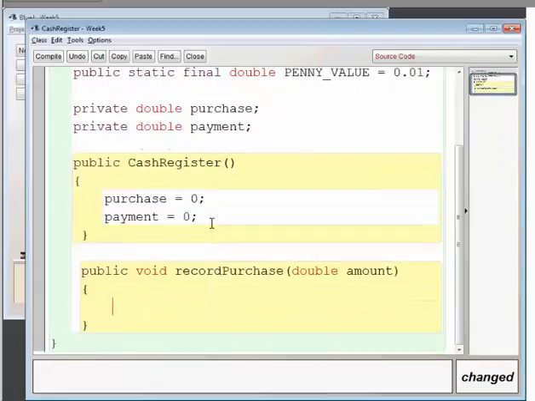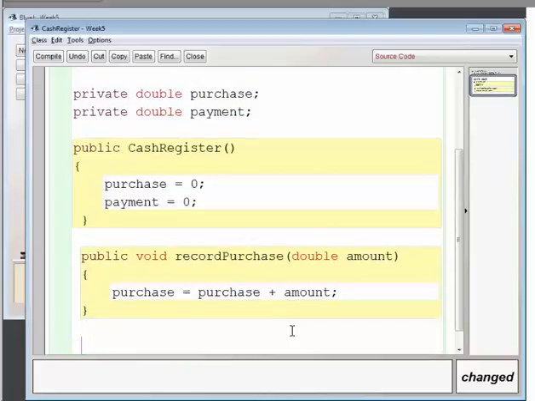Okay, so the equation here that puts, okay, then purchase equals purchase plus amount. So every time we make a purchase, we will add a new amount to it. So we set our rule here. Right. Now the next one,